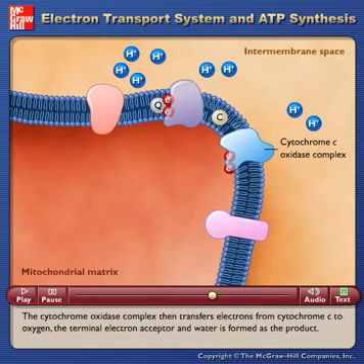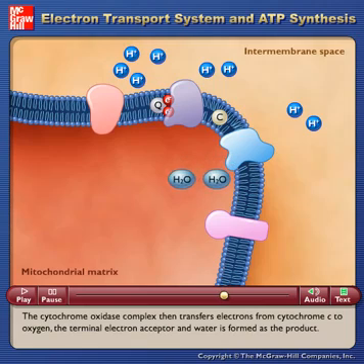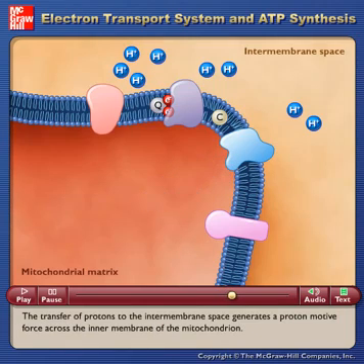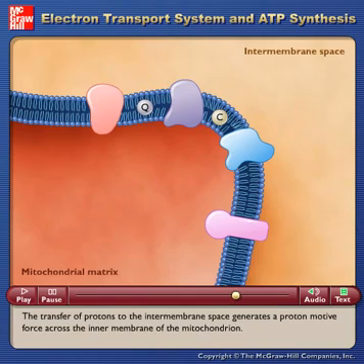The cytochrome oxidase complex then transfers electrons from cytochrome C to oxygen, the terminal electron acceptor, and water is formed as the product. The transfer of protons to the intermembrane space generates a proton motive force across the inner membrane